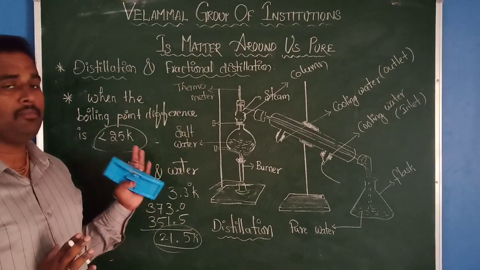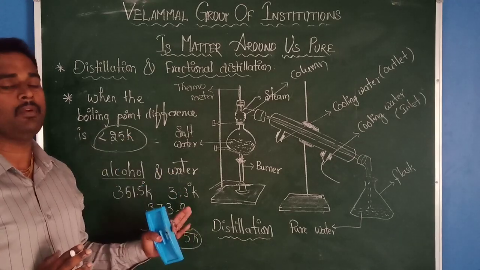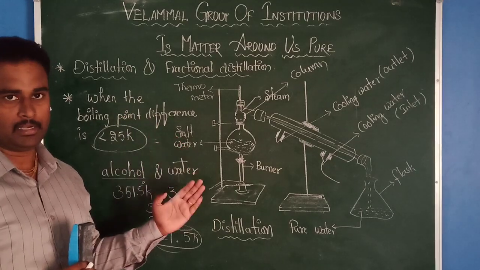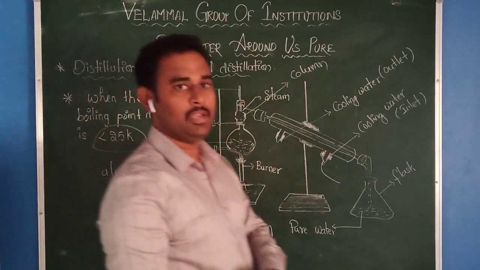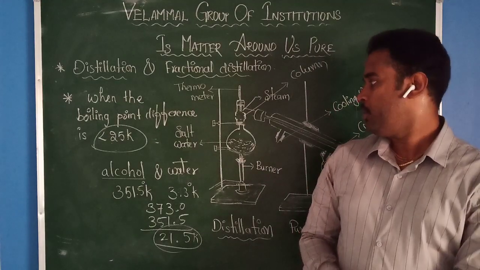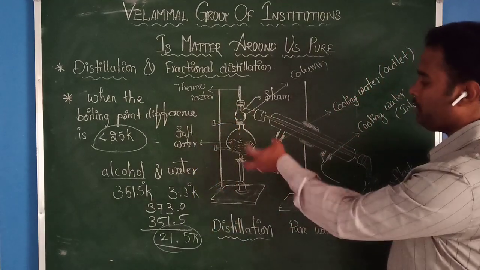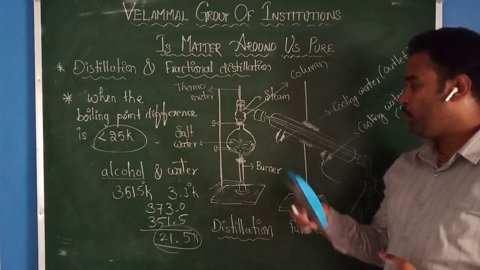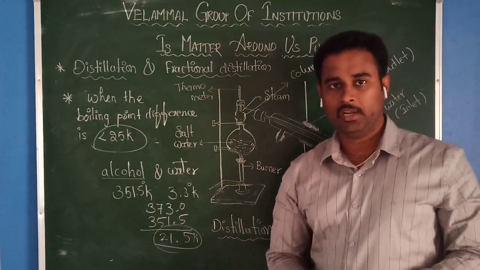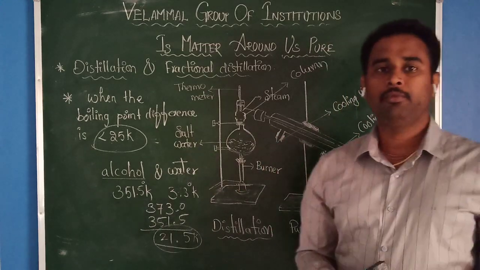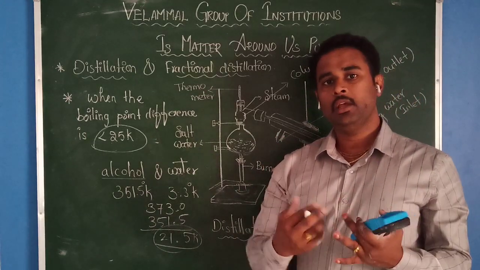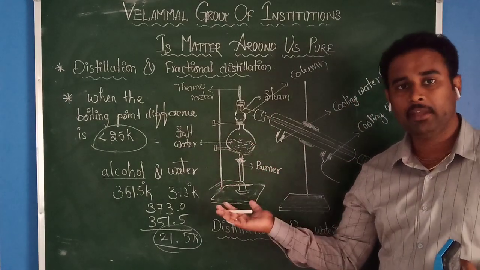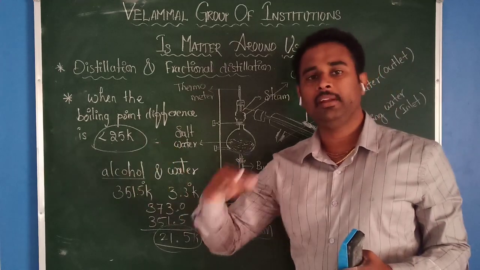This is one of the important techniques which we use to separate two components based on their boiling point difference. This is about distillation and fractional distillation. Hope you all understood. Don't get any confusion. This is the arrangement, a simple diagram only. In your higher studies you are going to learn it practically, and this type of arrangement will be available for you. You can see different types of components, and you had better search some examples which have boiling point difference less than 25 and greater than 25.